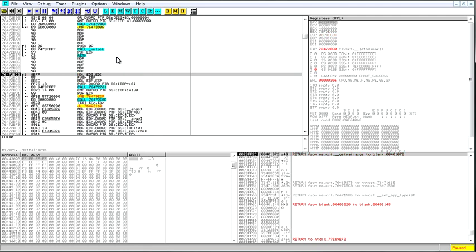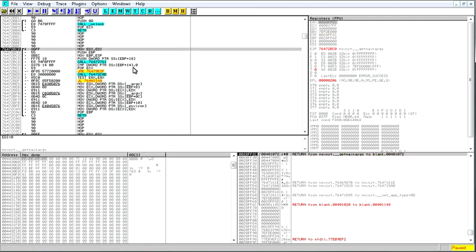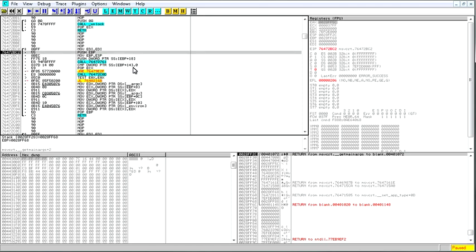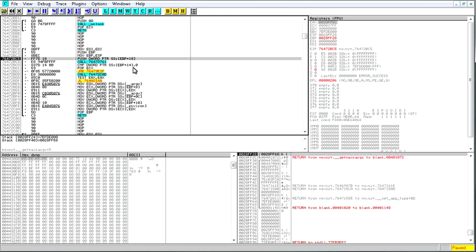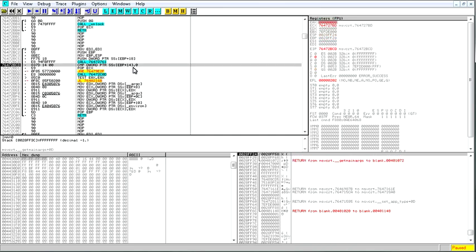And we're going to hit F7. And now we're going to hit F8 through this whole thing here. There are a couple of new things. Okay, so compare DWORD EBP+14 with 0. What this is saying is compare the DWORD worth of data at EBP+14 to 0.